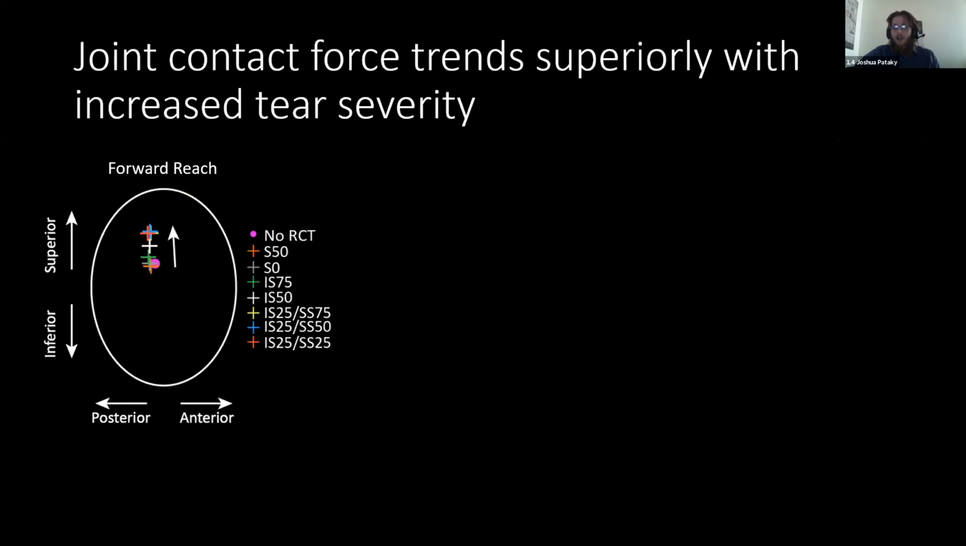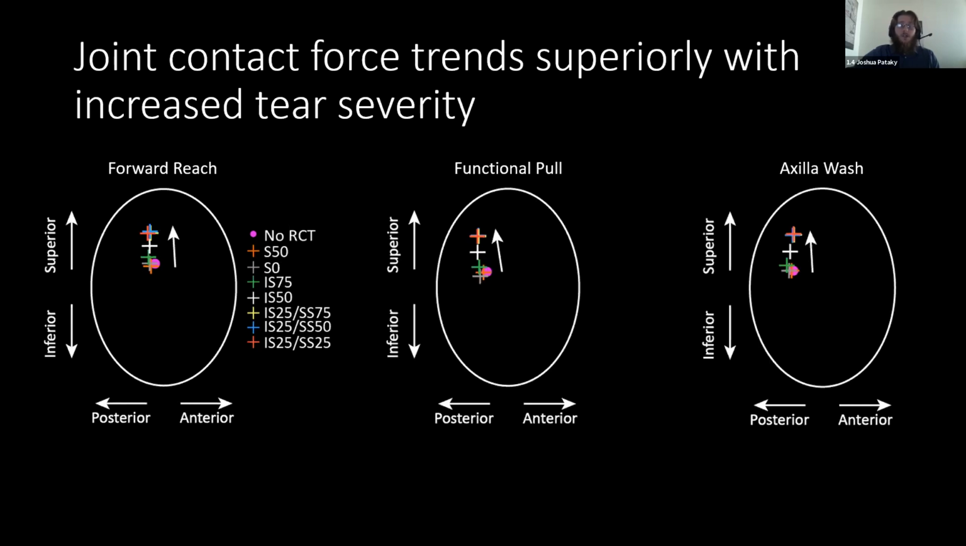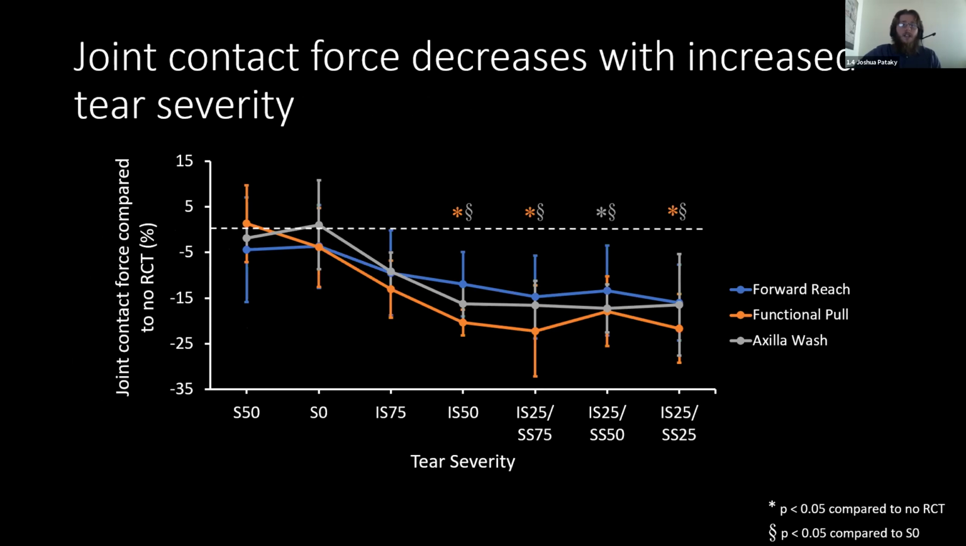As tear severity increases, noted by each of the plus symbols, the joint contact force moves more posterior and superior, but still remains well within the glenoid fossa. And the same trend is seen when observing both the functional pull and axilla wash motions. As tear severity increases, there is a posterior superior translation of the joint contact force orientation, though it always remains within the glenoid rim. So next, we'll take a look at the magnitude of the peak joint contact force for